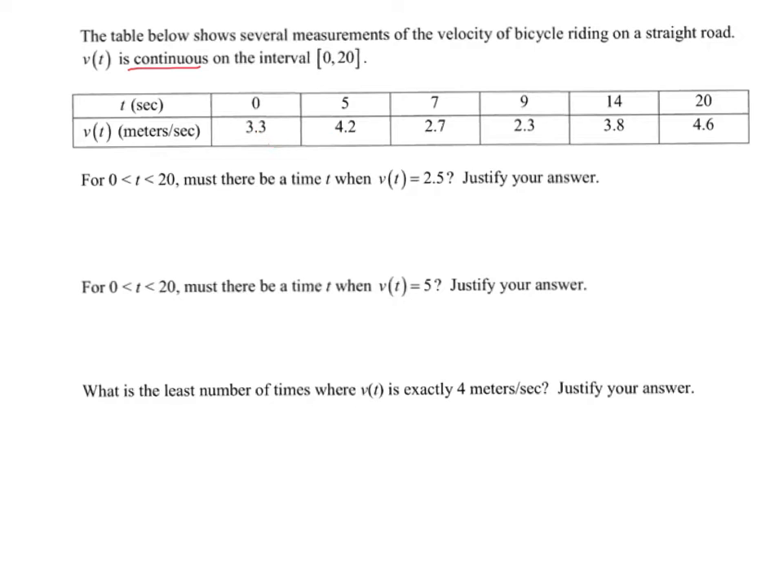Okay? Then over the next 2 seconds, it went down to 2.7. Now again, it could have dipped below 2.7 and then come back up, but we cannot be sure there. Here, 2.7 to 2.3. Okay, now if I start at 2.7 after 7 seconds and then 2 seconds later I'm at 2.3, I have to have reached every height, every velocity between 2.7 and 2.3. So we can go ahead and conclude that yes, and to justify that we say